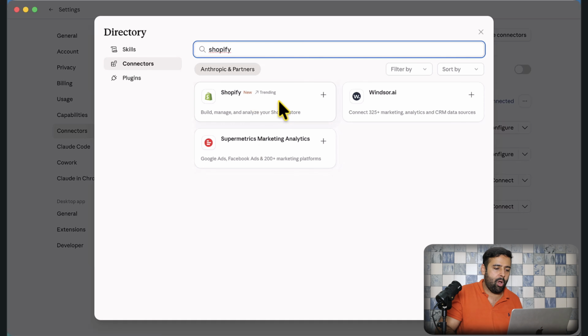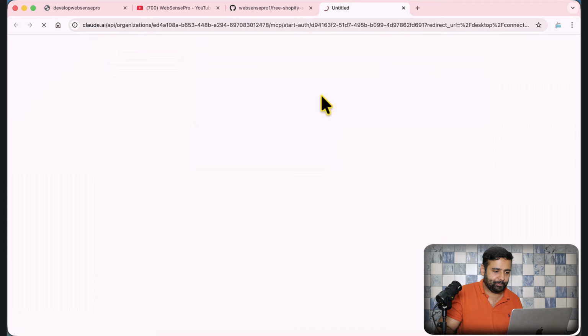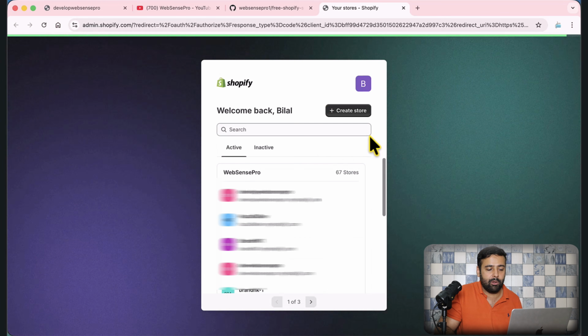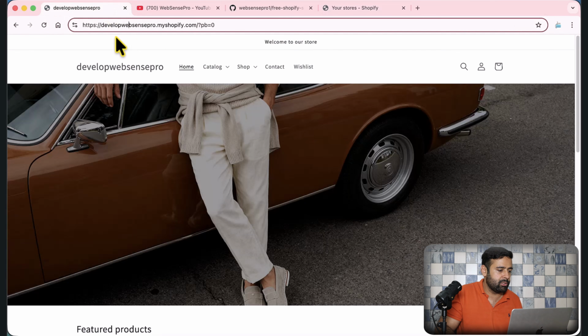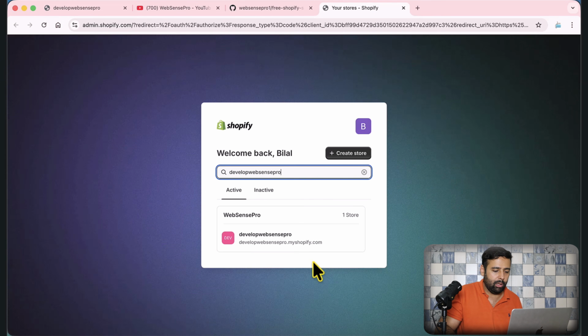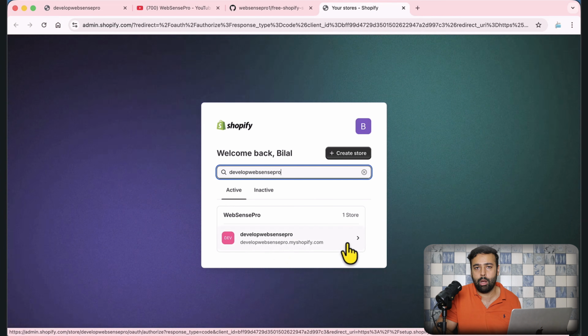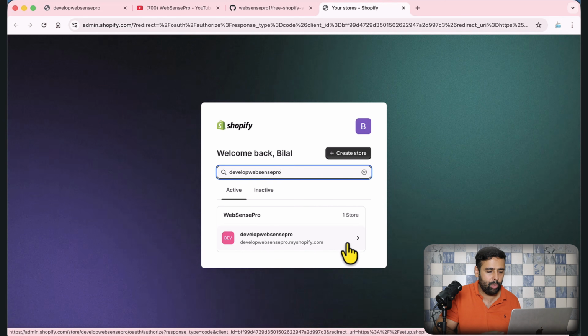I'm simply going to click on this plus sign here. And now you can see that it's asking me to authorize my store. Now I'm going to search this store because I have multiple stores. So I'm going to search this store here, and that's my store. And I'm going to click here. By the way, if you are not a partner in Shopify, you will not see this screen. You will be directly on your Shopify backend and authorizing that. Now, if I click on this here,